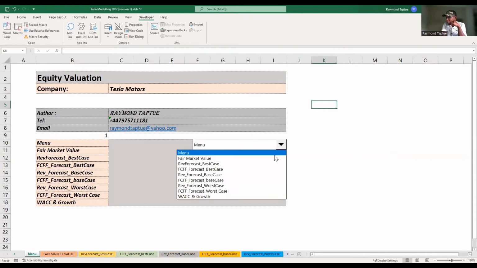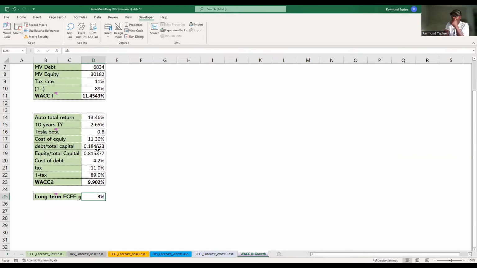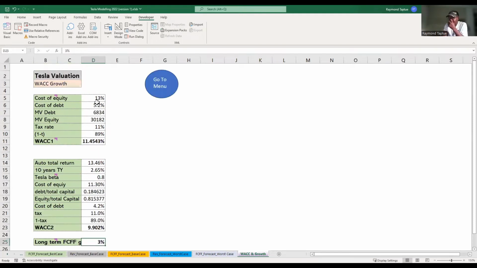Now we will go to our estimation of the weighted average cost of capital. So first of all, I determined the capital structure: debt to total capital to be about 18%, and equity to total capital to be about 84%. And I said, okay, the cost of equity for Tesla for the period going from 2022 to 2030, I determined that cost to be about 13%. You might say, okay, how did you get that? I say, okay,